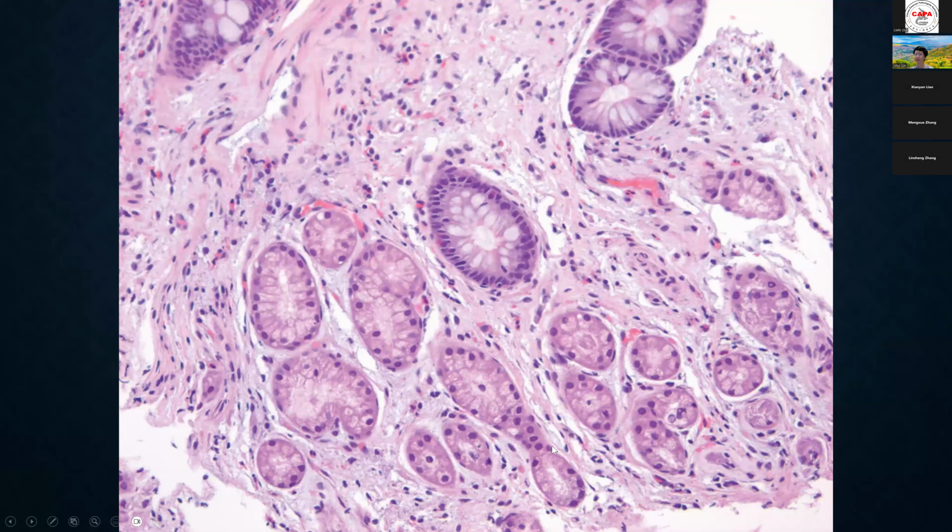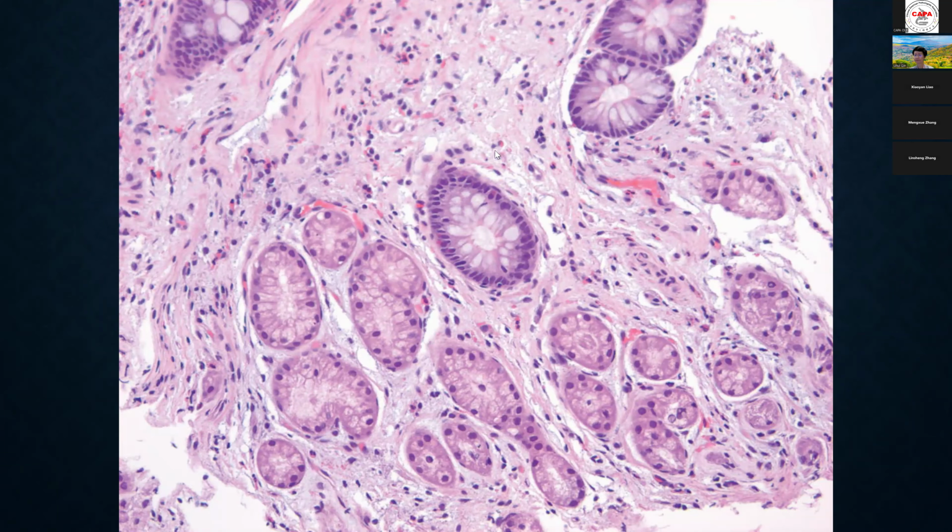And you can see this pseudopyloric metaplasia, which is very easy to miss because it looks very bland, and our eyes usually see blue things, right? The normal colonic epithelium looks very blue, this looks very pale, so we sort of ignore it. But pay attention to pseudopyloric metaplasia. If NSAID is the etiology, usually you don't see much inflammation, and clinically the patient usually doesn't have